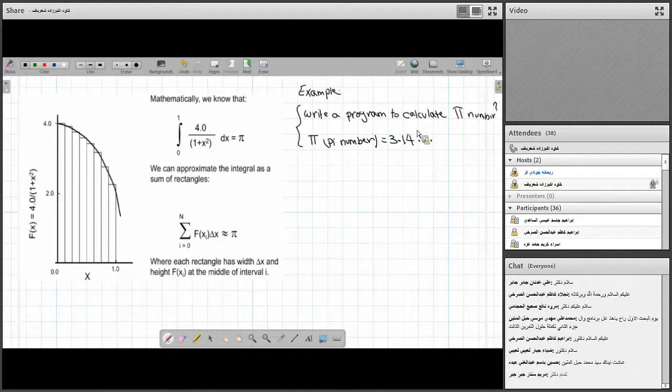Write a program to calculate pi number. In the first step, در قدم اول write a serial program. In the next step, در قدم دوم